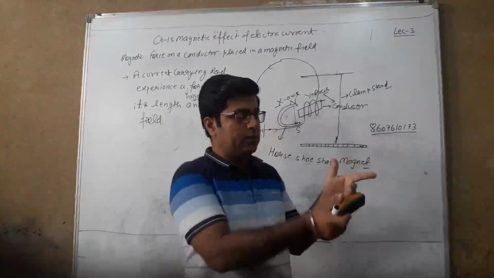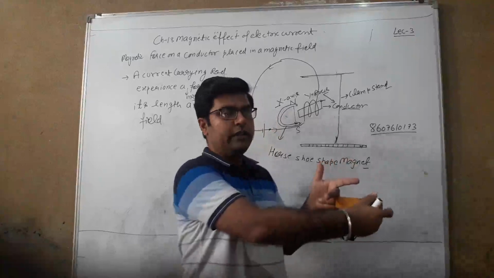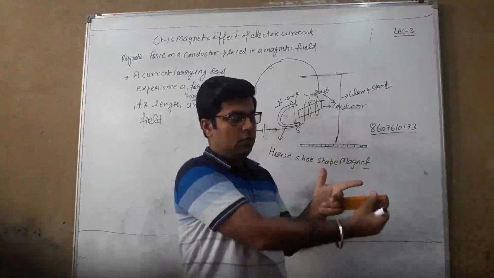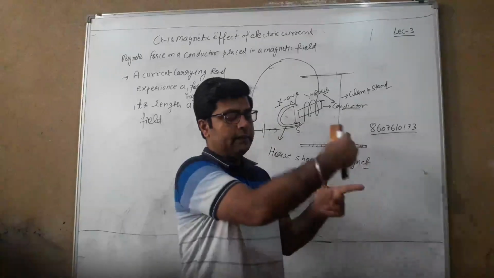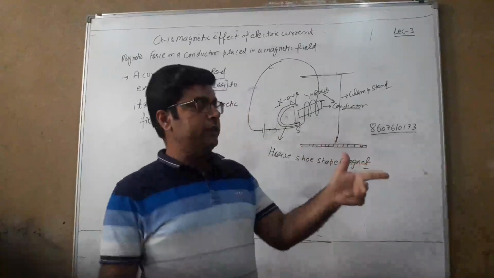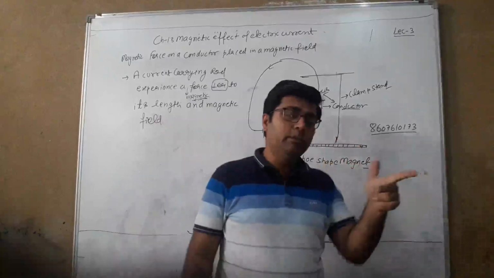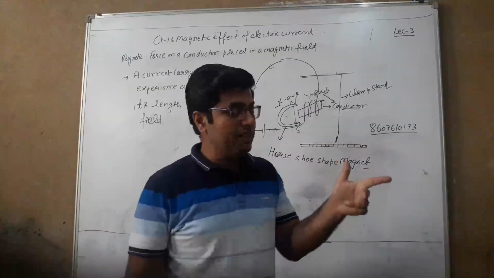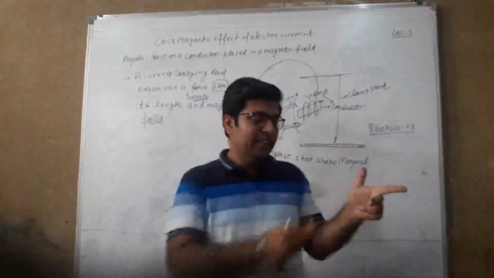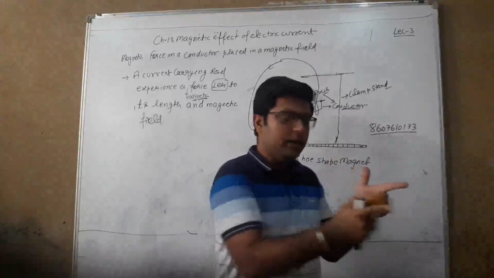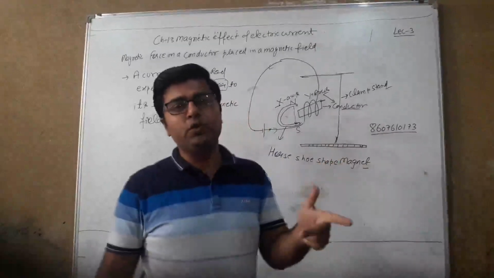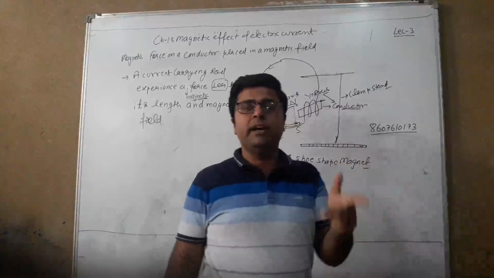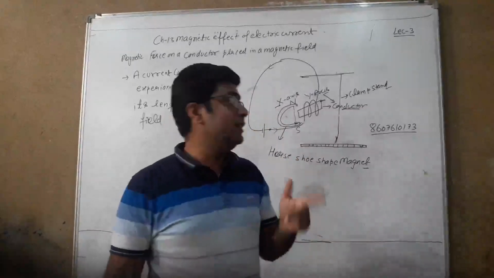perpendicular to each other. Suppose this is x direction, this is y direction, and this is z direction. I repeat, x, y, and this is z. So all three must be perpendicular. Remember one thing, you must align them like this, not like this. This is the wrong arrangement. You must align them in such a way that the thumb, first finger and middle finger are mutually perpendicular to each other. This is the standard, proper, right way to align them.